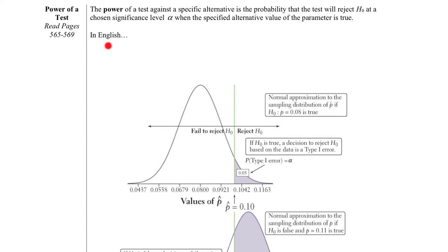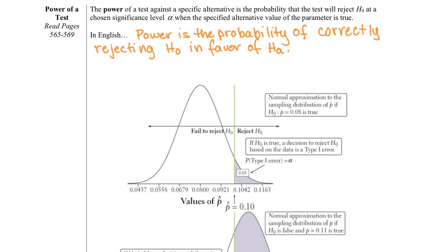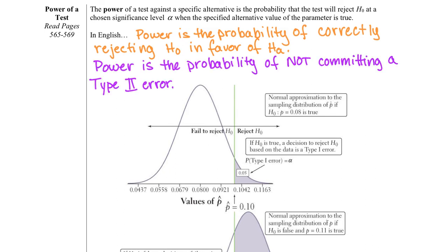So what does that mean in just good old-fashioned plain English? Power is the probability of correctly rejecting your null hypothesis in favor of your alternative hypothesis. Another way of saying this is power is also the probability of not committing a type 2 error. In the last lesson, we talked about calculating the probability of a type 1 error. It's always equal to alpha because there's always that risk 5% of the time that we're just wrong. In this case, it's 5% of the time that we're just wrong, that our sample just happened to fall in